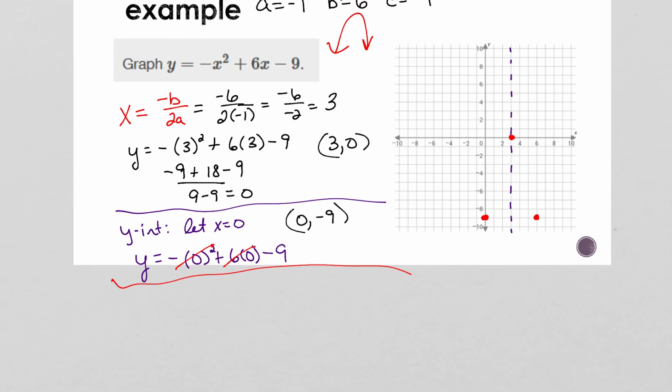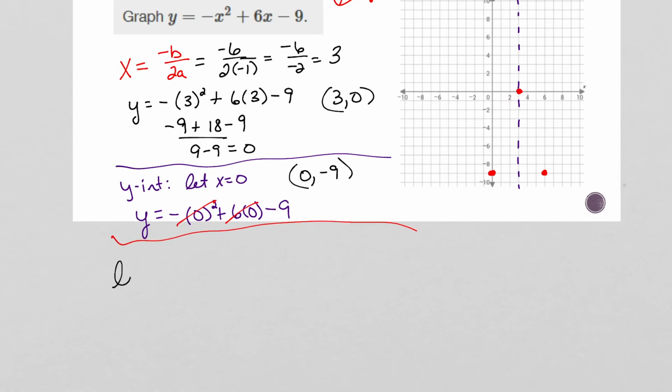Okay, so I'm going to put in x as 2, and I just pulled that number out of the air. I could have put in x as 1, and that actually might just be easier. It doesn't matter. We could do both if you want. So let's do let x equal 1. How about that? So we've got y is equal to